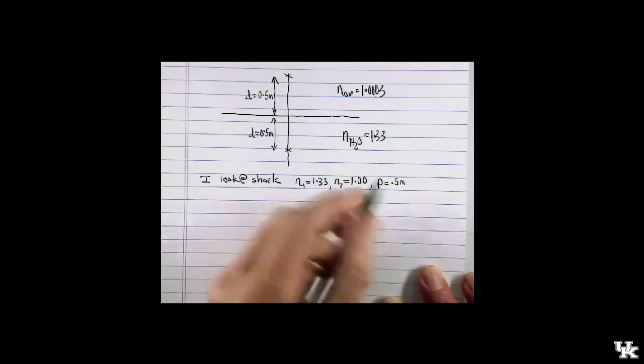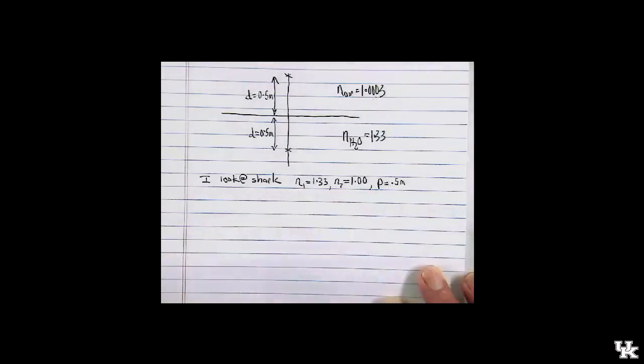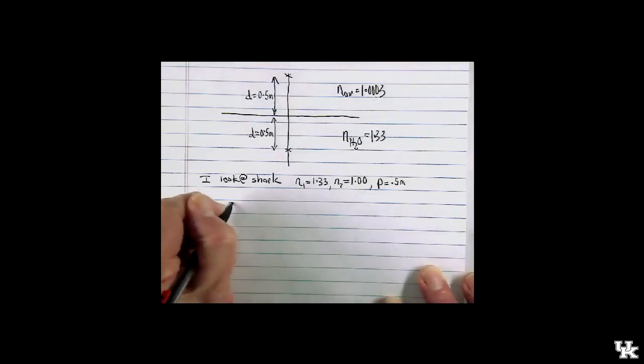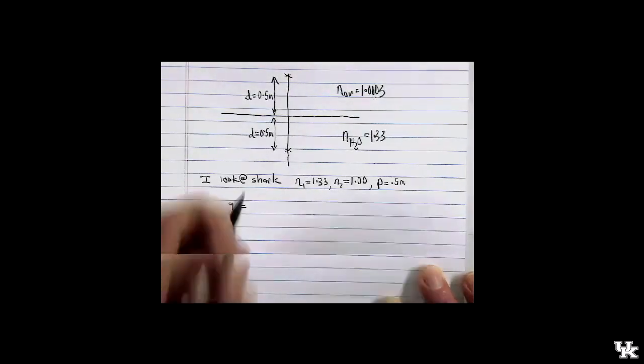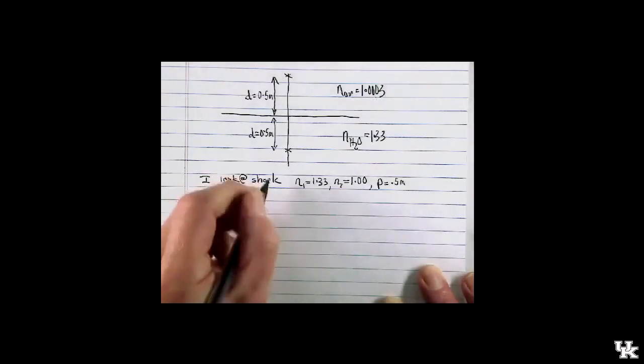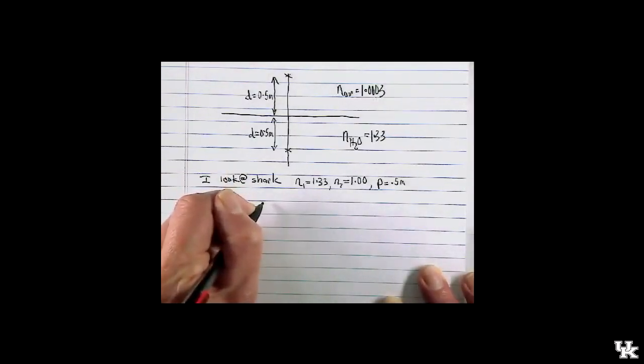I didn't write the plus here, but this is plus 0.5 meters. So that's the information that I know, and I want to figure out the image position. That's Q, and we wrote down an equation for the image position. It had a minus sign,